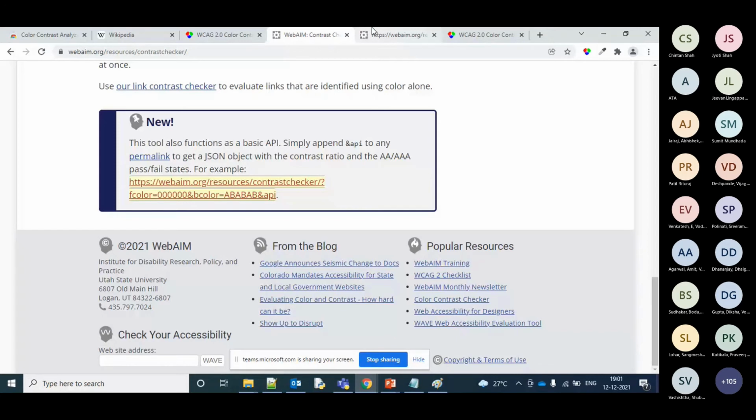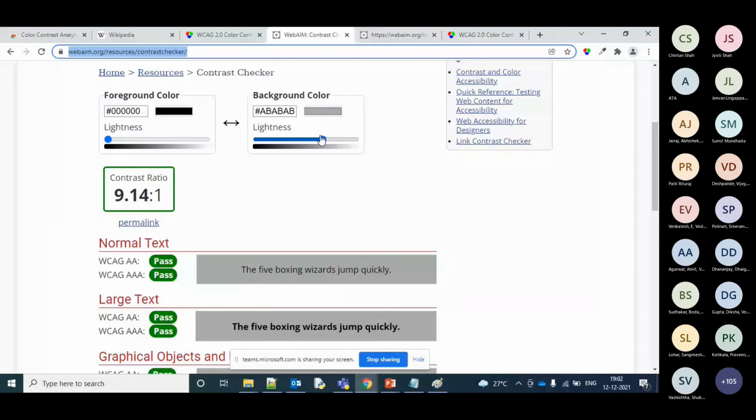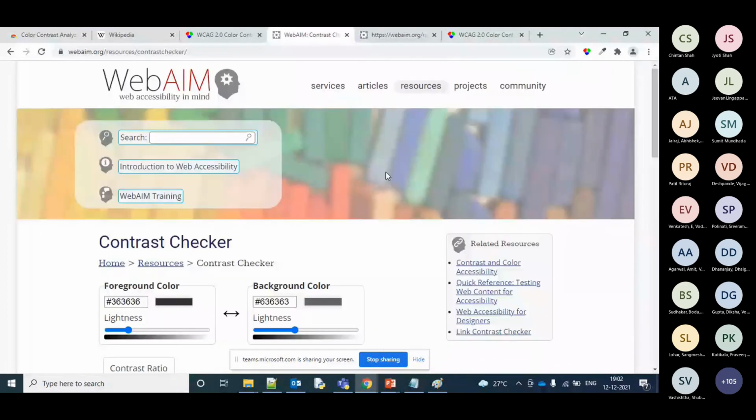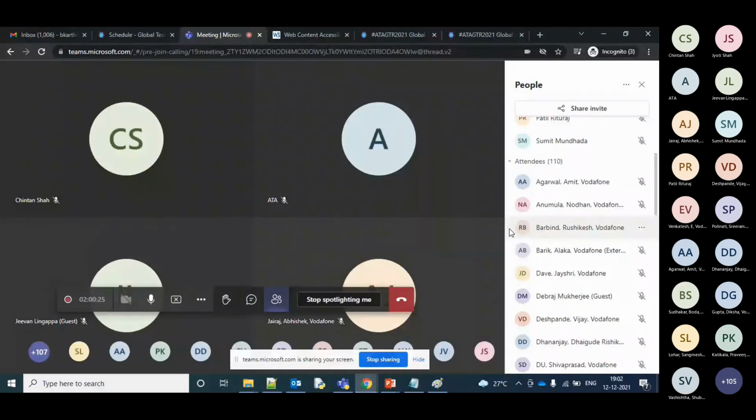All good? Are you guys able to try it? Try to choose the right font and right background color. We can give one or two more minutes. Yeah, please take your time, guys. If you have any difficulties, you can just ask the question. Either you can raise your hand or you can post your question. Maybe we'll give them some time to try it out.